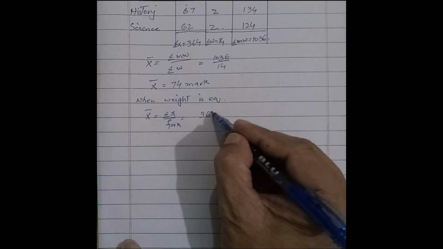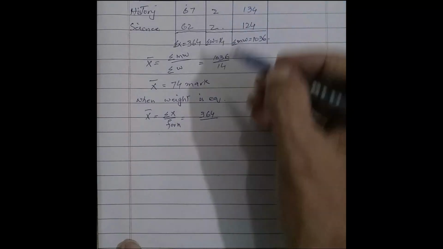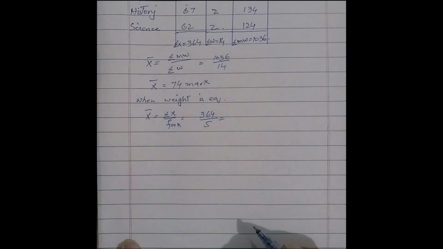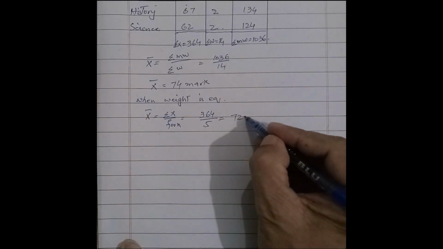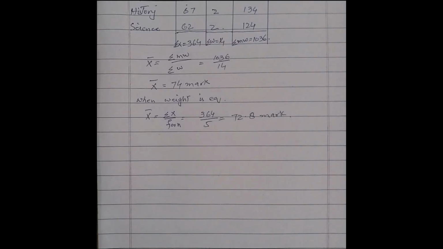Summation x is 364 and n is all values which are equal, and these are 1 2 3 4 5, and the answer is 72.8 marks. And when the weight of all the subjects is equal,